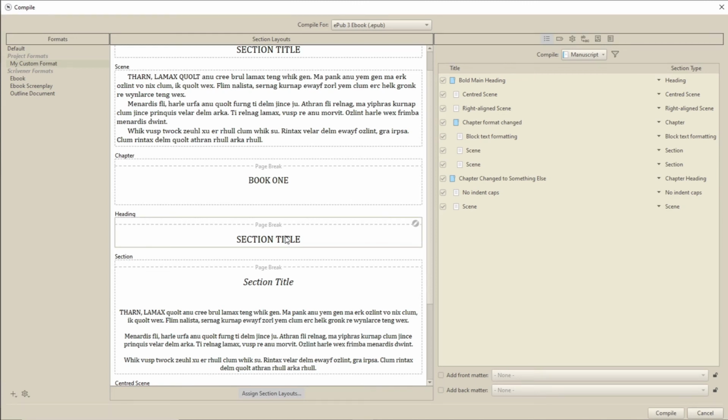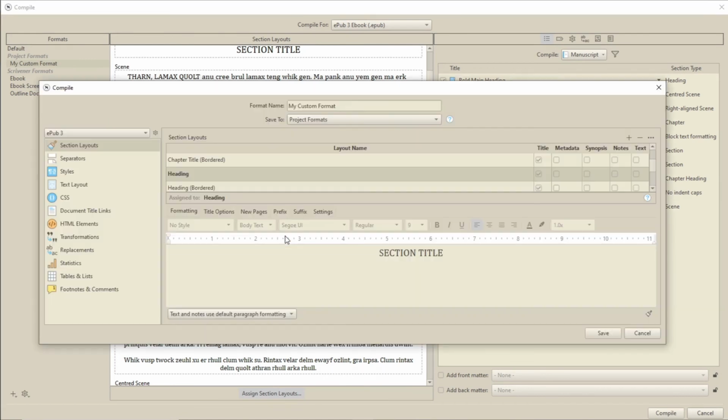Double-click on a section layout to go into the editing screen again. You'll notice a plus symbol above the list of layouts. Click it and it'll give you a new layout, which you can rename. You'll notice it takes the format of the layout you used to enter the section layout editing screen, the one that was highlighted, so make sure you have the right section layout type highlighted before you click plus. Obviously, you can delete any mistakes with the minus icon.